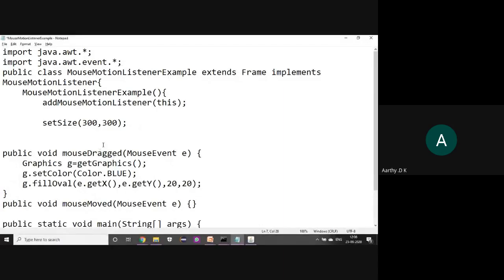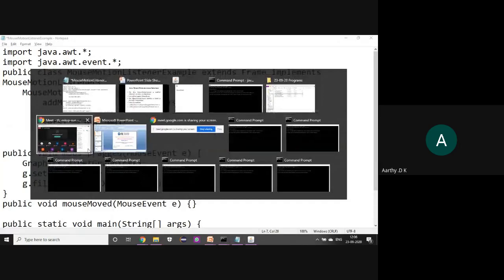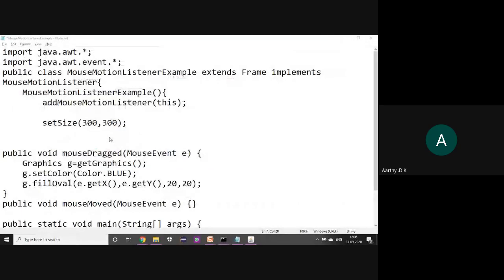I think I made some mistake in copying and pasting the code from the net. Then might be we will see this code in the next class. It was a good code, but I made mistakes in copying it. I have overridden the key listener and the mouse. So I'll show you the output in the next class, or I'll ask the next faculty to show you the output for this.